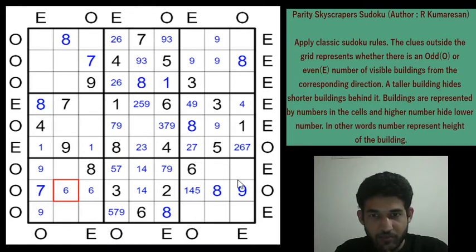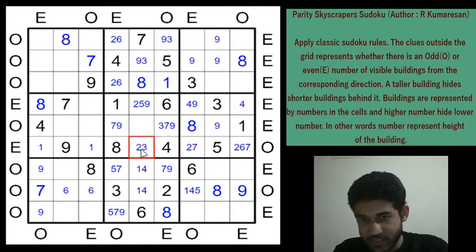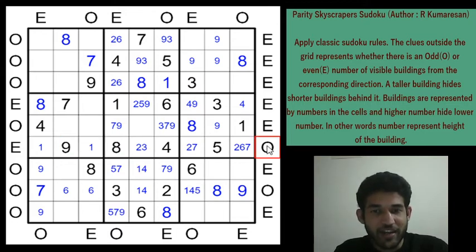So can we progress by seeing any of the 7s? Okay, again a sharp deduction, very sharp deduction. So what happens if you have a 2 in row 6 column 5? When you have a 2 here, you get a 7 here, right? And immediately you get a 6 here. If this is a 2, this is a 7 and this is a 6. Now what happens to this clue? You see a 6, you see a 7, you see an 8 and you see a 9. That gives you 4 buildings, which means you are violating the clue, which means you can't have a 2 here. What a razor sharp deduction.